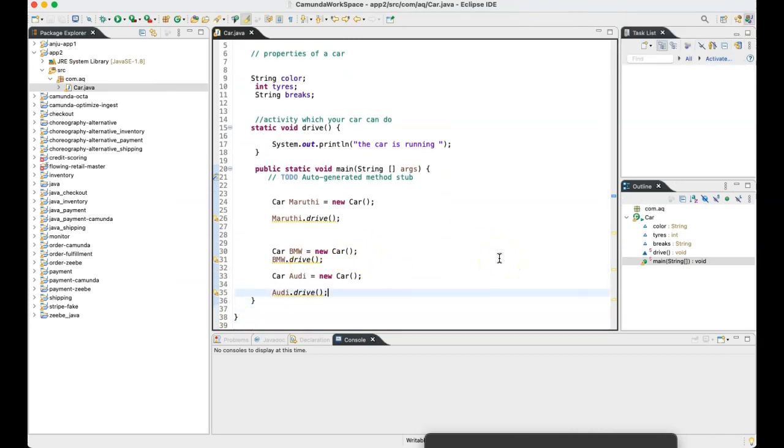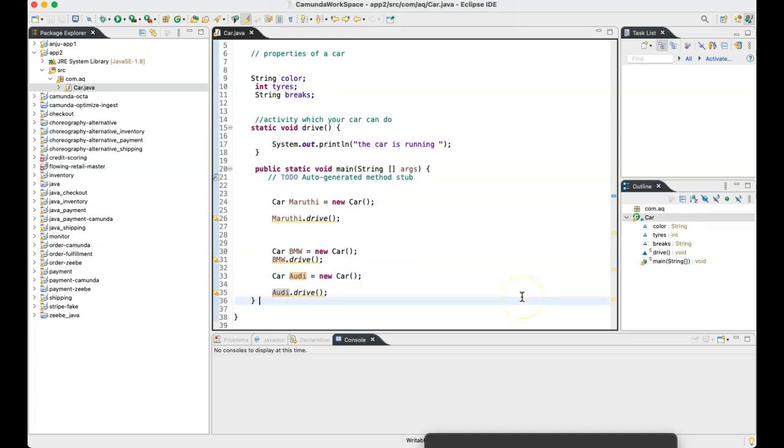What did we do? We created a class. We told these are the properties a class can have, and it can also perform an activity or a functionality. There's a functionality which a car comes with. It's a major functionality which is driving, right? Now when I'm doing this, I'm saying, okay, based on this particular model, create me a new car, and I'm calling that car Maruti. The same way I'm doing the same thing on line number 30, where the new car which I'm building is called BMW, and same thing is true for Audi.